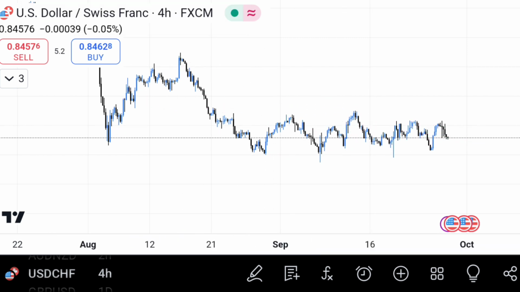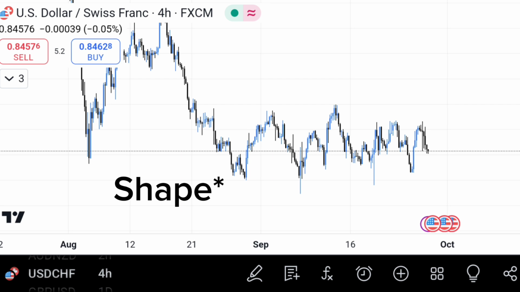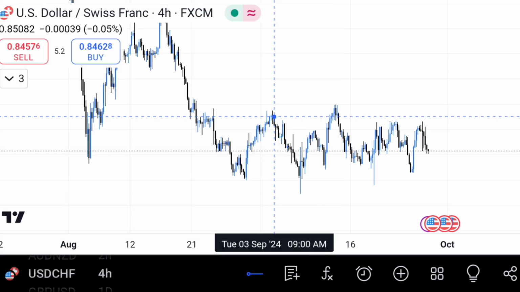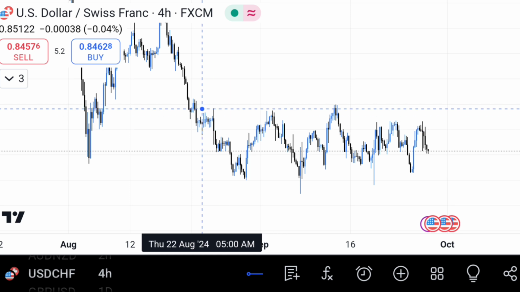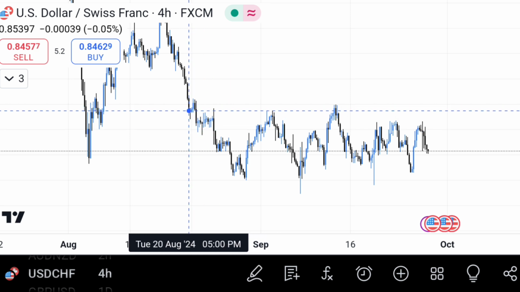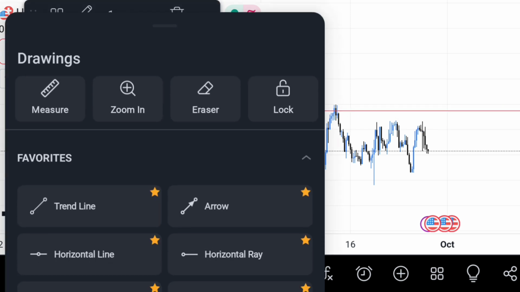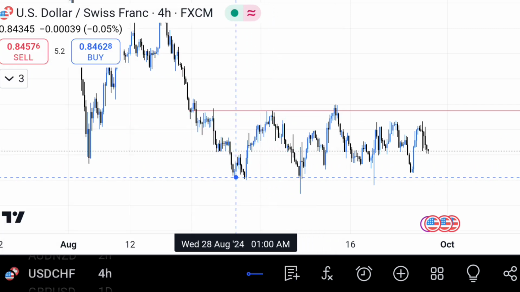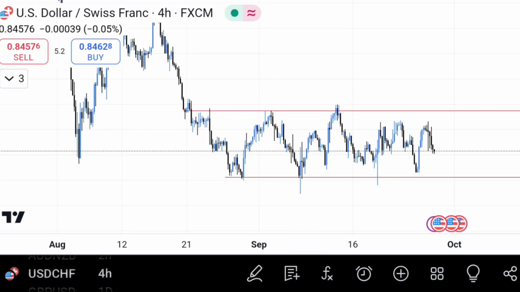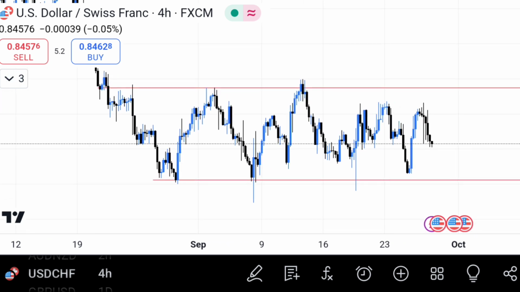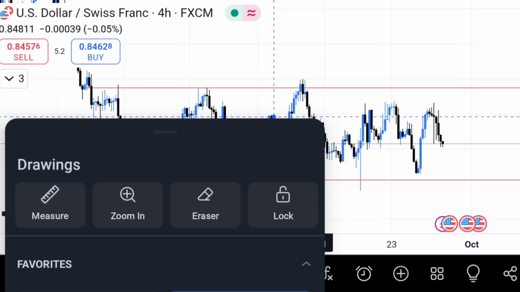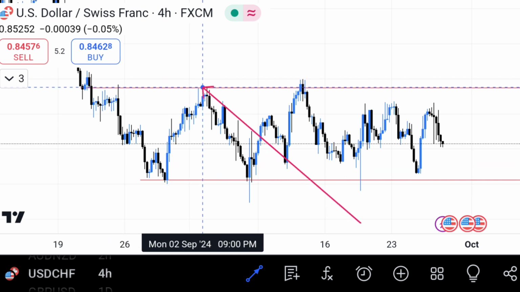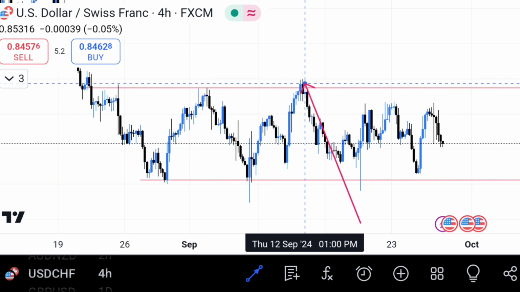Okay, so we first have to find a shape to this market so that we can be able to trade it. So I'm bringing out my horizontal ray and marking up my previous high price before dropping, and then I'll be marking up my previous low price before dropping to the downside. And as you can see, the market is consolidating inside this zone. It is creating a high, a low, going to the top, then down, to the top, pushing it down,